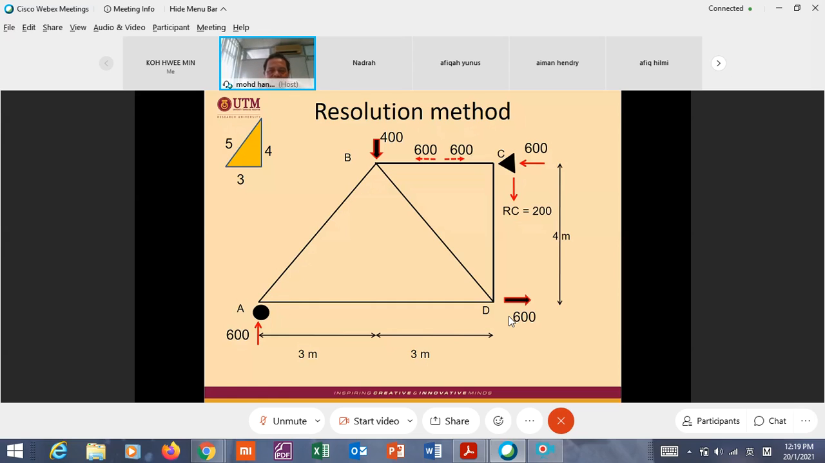So what next? Where do you want to go now? Are you going to B or going to D? Can you go to B? Yeah, now if you go to B, yes, correct, you have two members. Two members is okay. That one is for the joint method. But now for the resolution method,